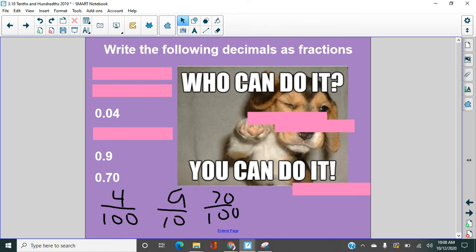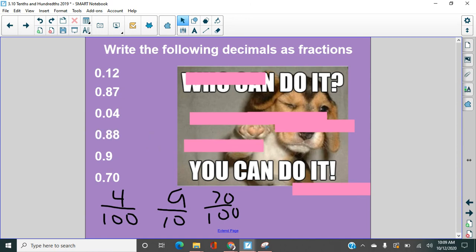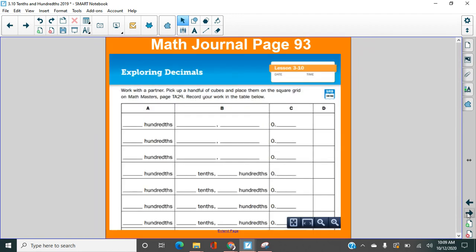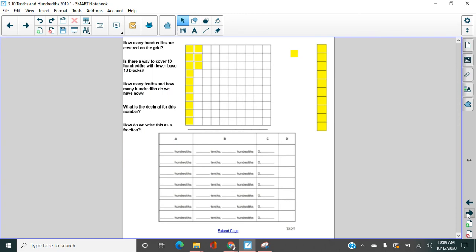All right, you're going to write the fractions. What's the fraction for that one? Okay, 12 over 100, 12 hundredths. What's the fraction for this one? 87 over 100. And what's the fraction for this one? Oh, close to it. 88 over 100. The key thing you're seeing here is if you can say these, then you can write them as a fraction. All of these can be written as fractions, decimals, or as words. All right. What we are going to work on